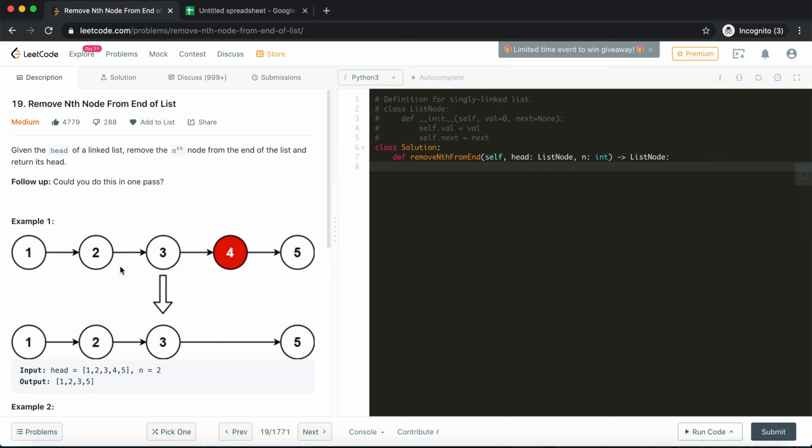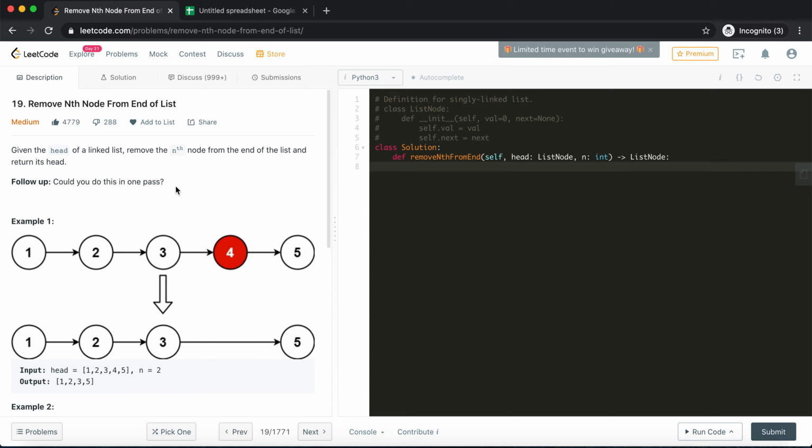So the easier approach is to do it in 2 passes, where in the first pass you traverse the linked list once completely and figure out the length of the linked list. Let's say the length is 5 and we are told to remove the second last element, then you subtract 2 from 5, and then you reach here in the second pass, and then you delete that element, right? But in this easier approach, we need to traverse the linked list twice, so that is not ideal.